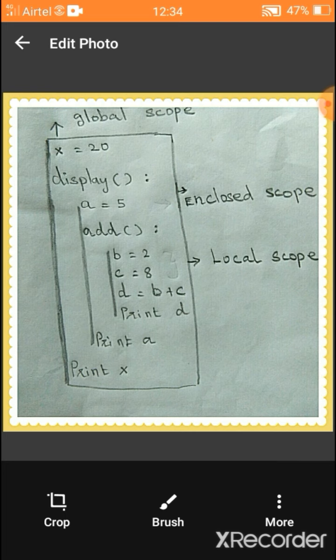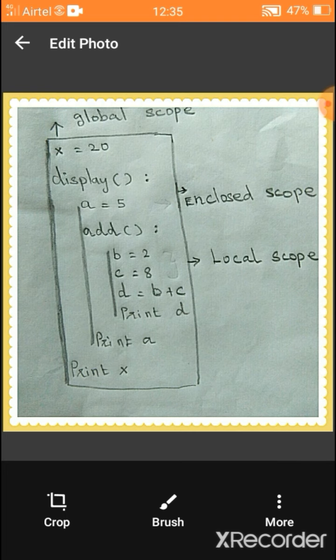After that, is there any print statement in an outer block? Yes. There is a print statement in the outer block, that is enclosed scope. Print a. So, what is the value for a? a is equal to 5. So, 5 will be printed. So, go to the outermost block. Is there any print statement?